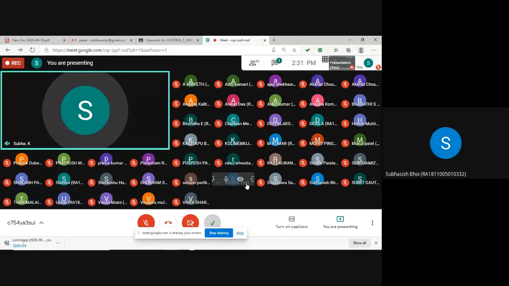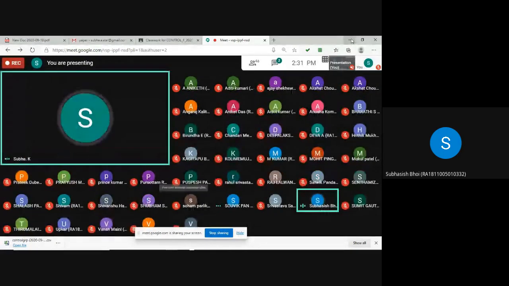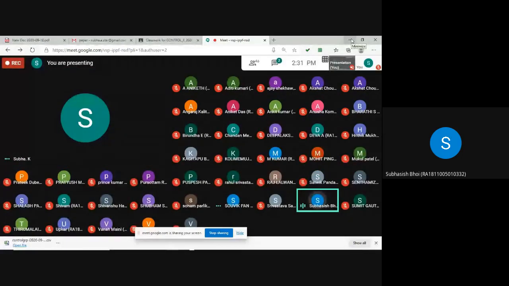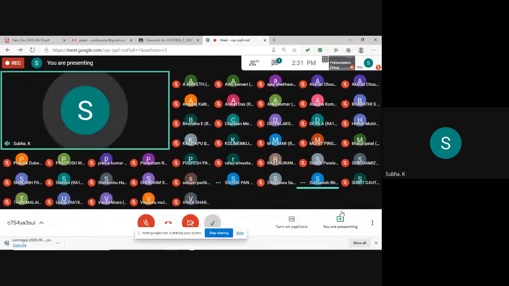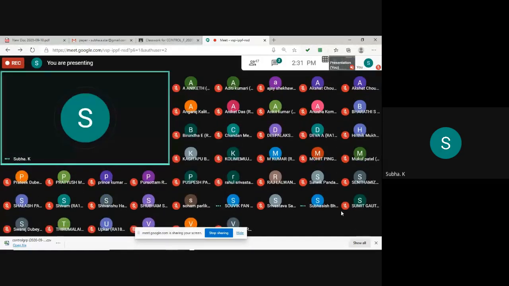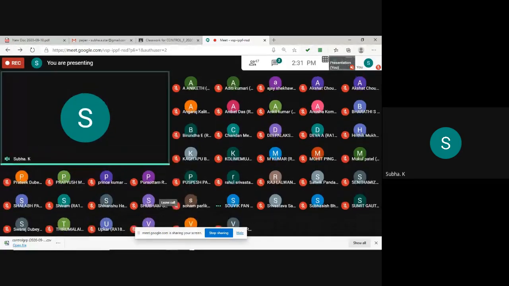Ma'am, the water level control system simulator is a water level control system using a PID controller in an open tank. What about Sumit Gautam? What are you going to do in this experiment? Sumit Gautam. Okay, we'll move on to that experiment.